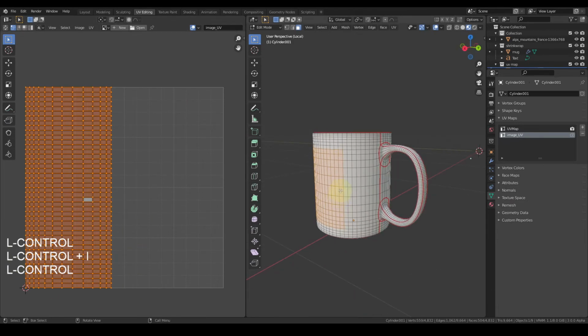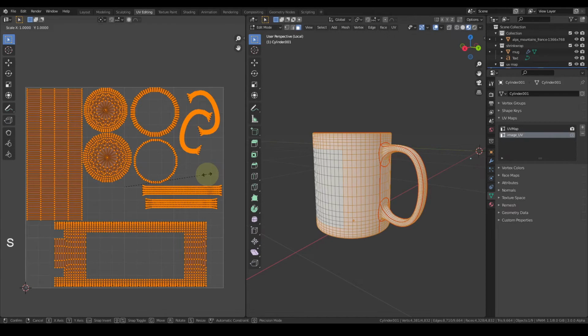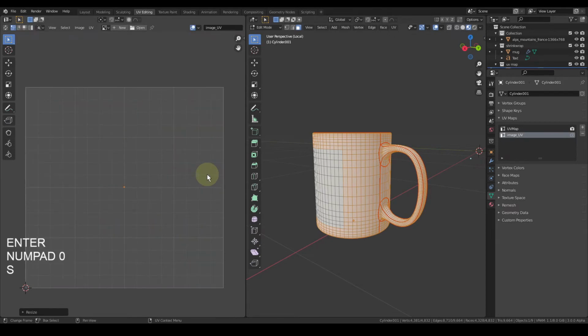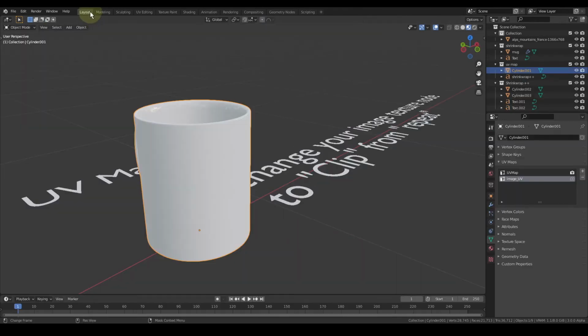But now we want to select the faces that are not selected currently. So Control I, and hover our mouse here and press S and 0. So all of these have been scaled down to an infinitely zero size. Okay, now just grab by pressing G and move it outside the plane, this border. Okay, just place it here. I'll explain everything later on. Okay, so this was the basic layout.